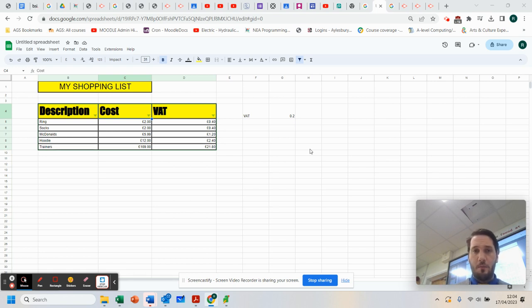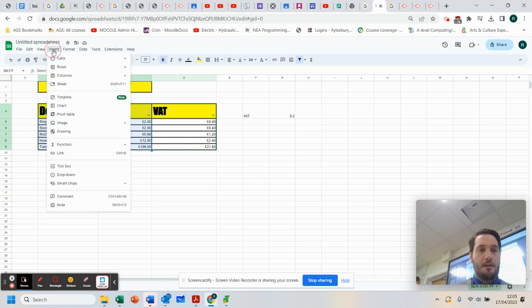Now, there are a number of different ways you can do that. One of those ways, you can highlight the columns that you need. So I've clicked and dragged, and we're going to do this just on cost. Okay. Now, if I highlight those items, I can go to Insert, and if you have a look down here,